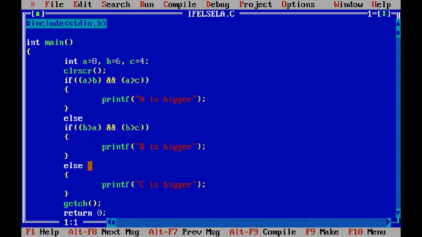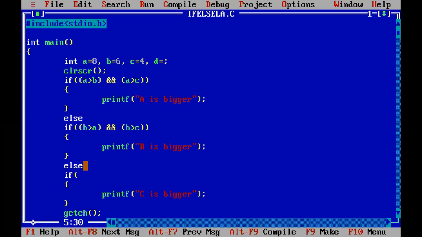Comparing values for C. So in that case, suppose I have 5 values: A, B, C, D, and E. Let D be 1 and E say be 5. So these are my 5 various numbers.